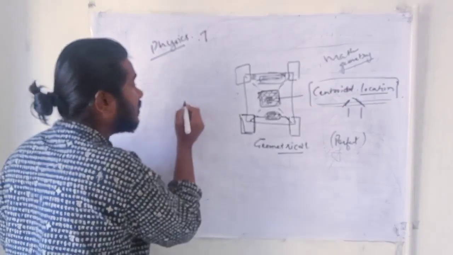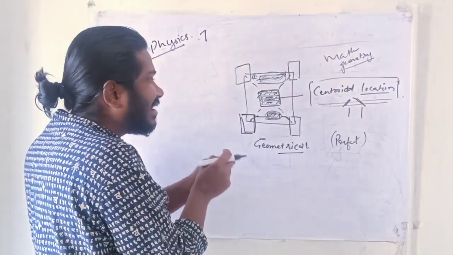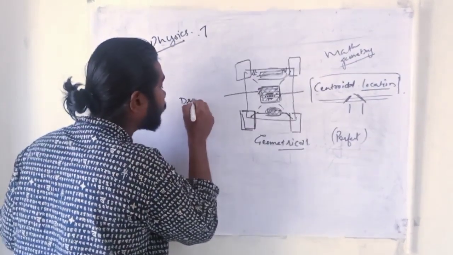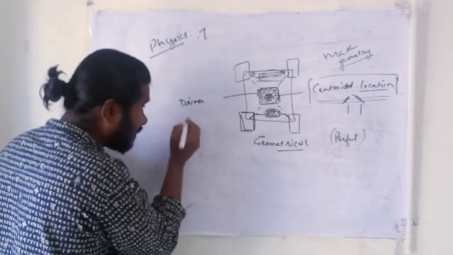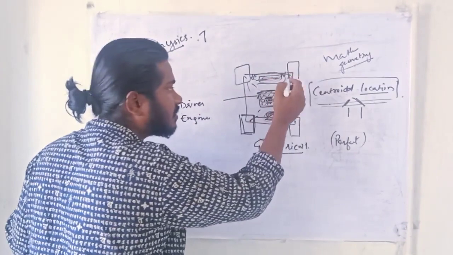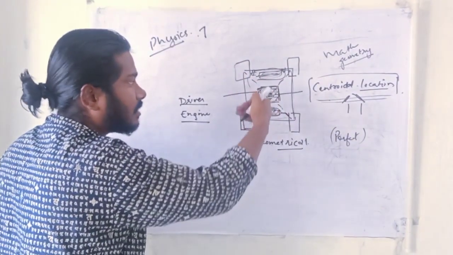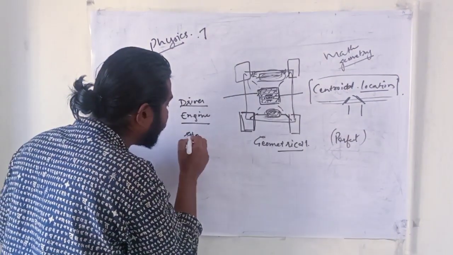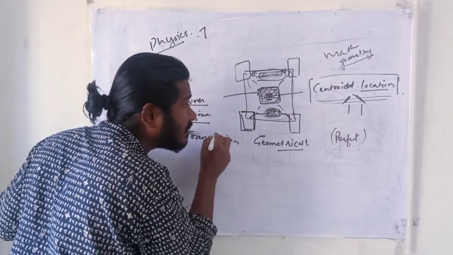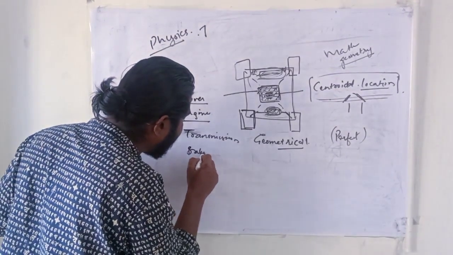For a moment I can consider the component which is going to have the largest mass, the component that holds the largest weight, is the driver, and then the engine. I am not taking this chassis frame structure into account, or everything that is mounted over the chassis frame structure. And then I could say my transmission assembly, the gearbox, the propeller shaft, and everything that we have got, braking,